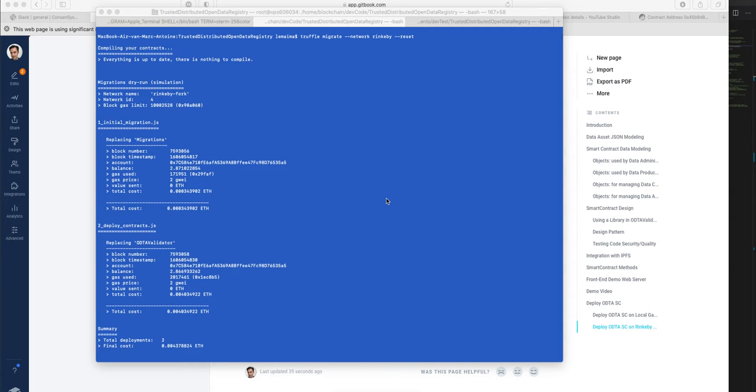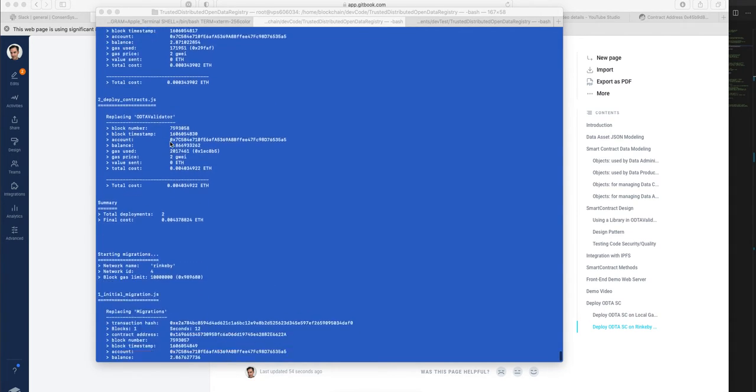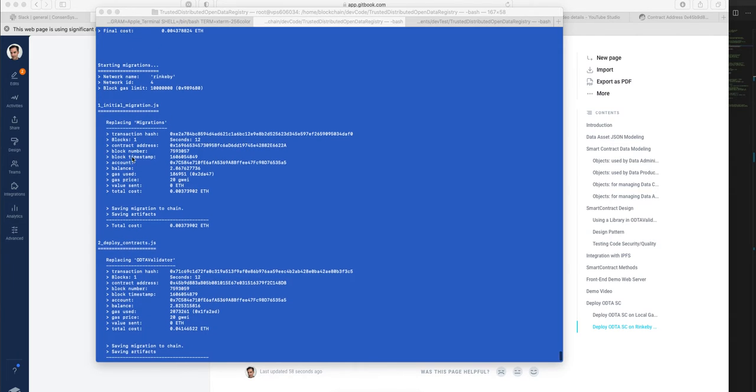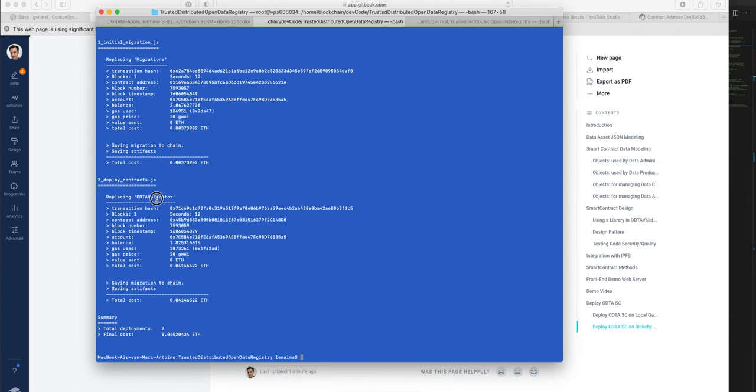The ODTA registry has been deployed on the Rinkeby network. So you see the command truffle migrate --network rinkeby. You see that it's a dry run migration simulation first. Then we see the migration happening: the initial contract, and then this ODTA validator contract, which has